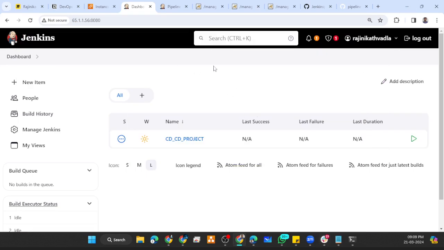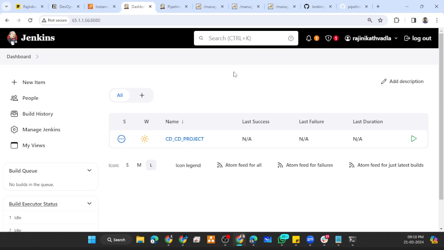Let me check. Let me build it. If you are all clear up to now, then I can go for the build. All configurations, everyone is clear, right? I want a yes from all of you. I can see only three, four yes. I'm waiting for this fourth yes. Yeah, okay,